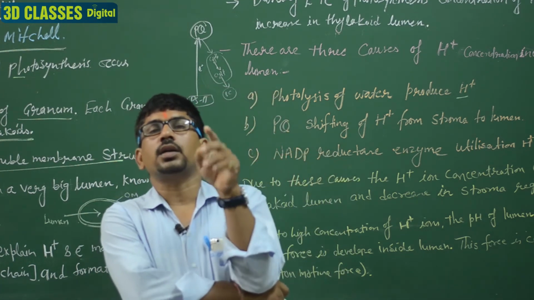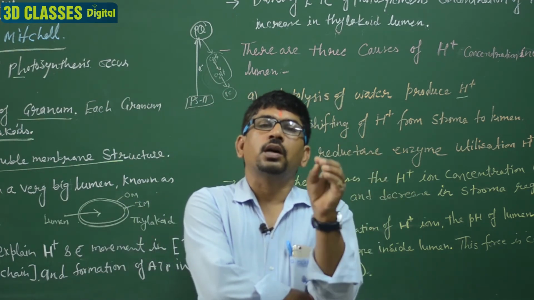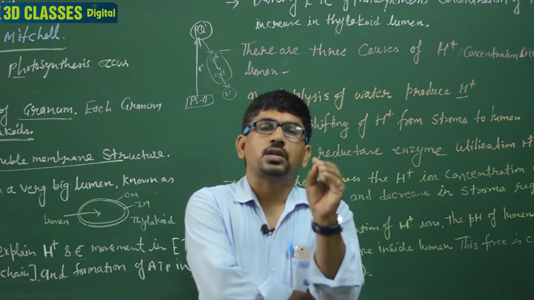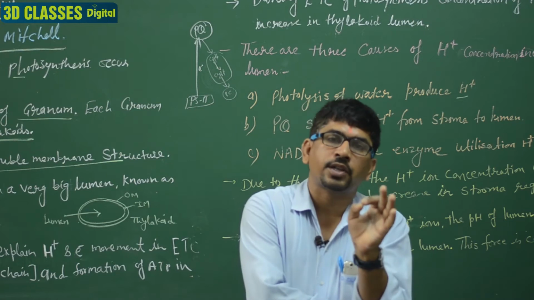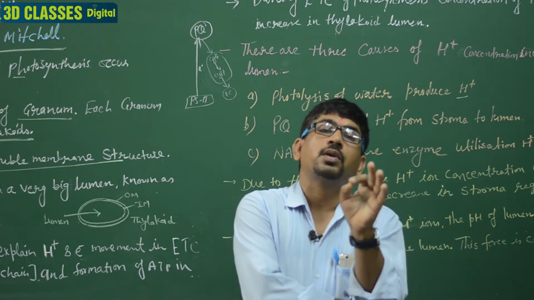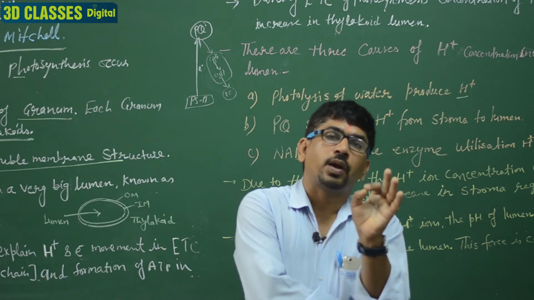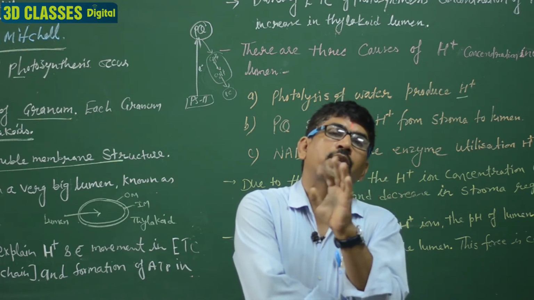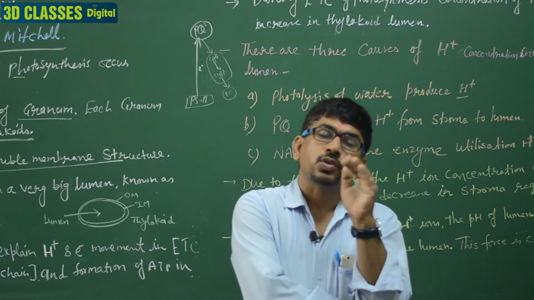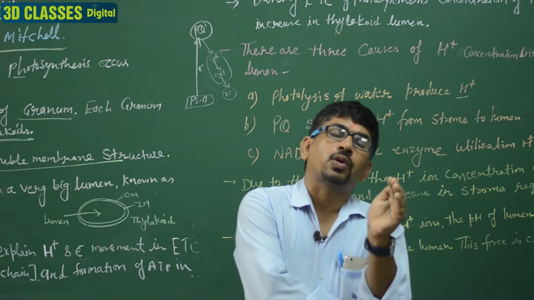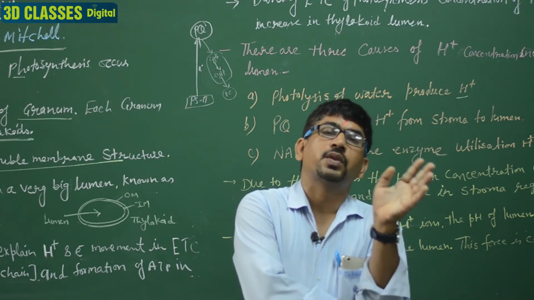And outside, the third reason: outside the thylakoid, in the stroma region, the ferredoxin is present, and ferredoxin contains the NADP enzyme, and this enzyme utilizes the stroma protons and forms NADPH2. Clear? So the protons present outside are utilized for the formation of the